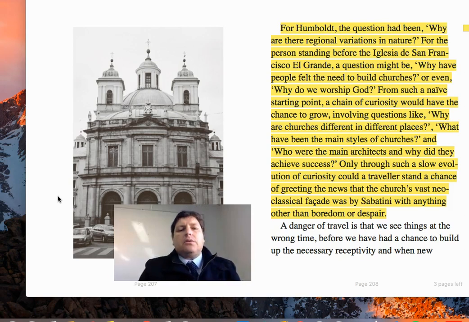So yesterday, or at least on Wednesday, we talked about this particular sequence, which is from the chapter on curiosity. And I started with this particular section here, and we can see the highlighted bit. It says, for Humboldt, the question had been, why are there regional variations in nature? Now we're talking about the fact that Humboldt